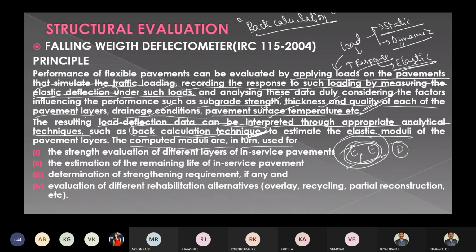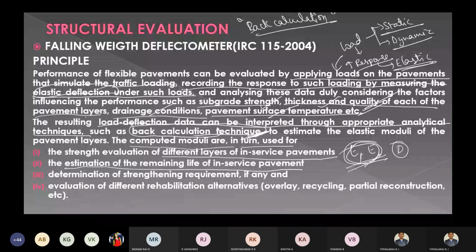Where are you going to use this Young's modulus? In strength evaluation of different layers of in-service pavement, that is, pavements which are still in good condition. There you can use this E value. Then estimation of remaining life of the in-service pavement.